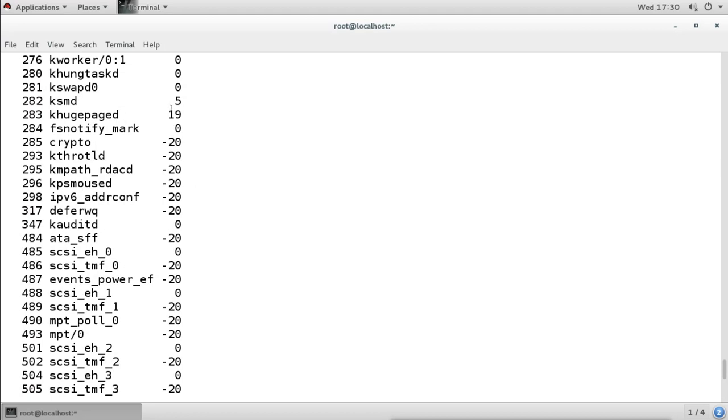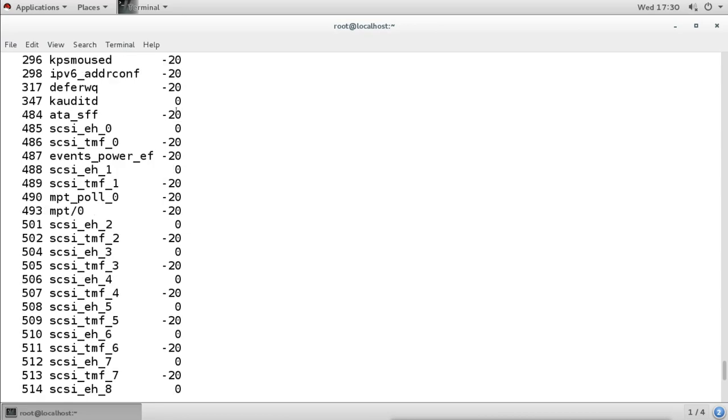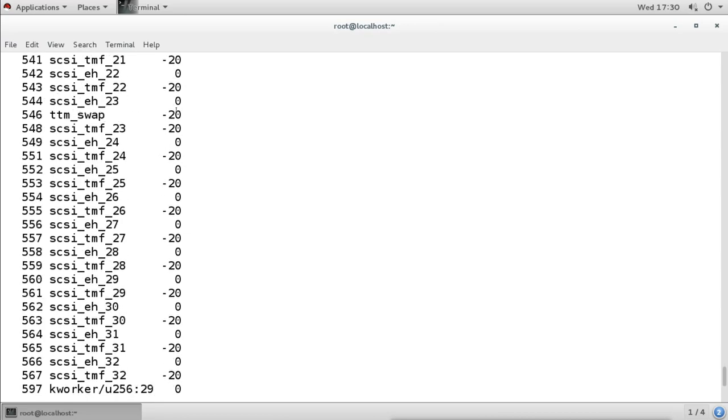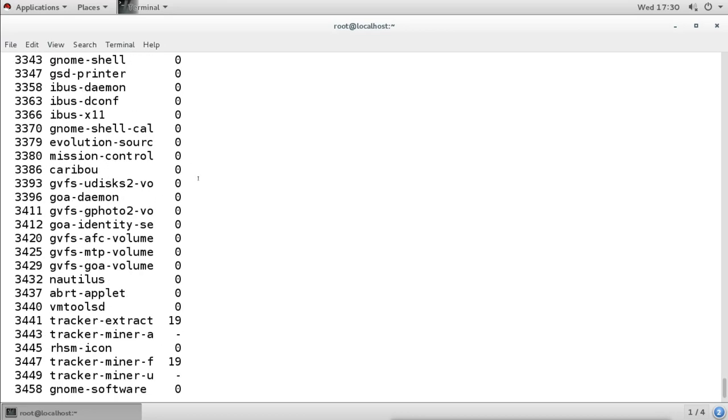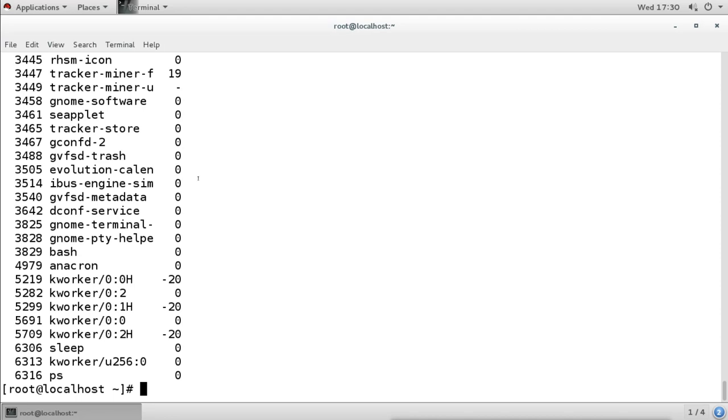Then someone has 19, very low priority. Here we have -4, -8. Now these are all system processes. They execute by default in the background, and this is what I ran right now, and it is giving 0. It is the default one.